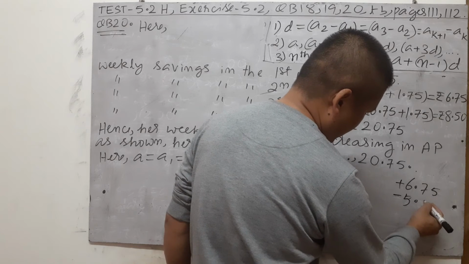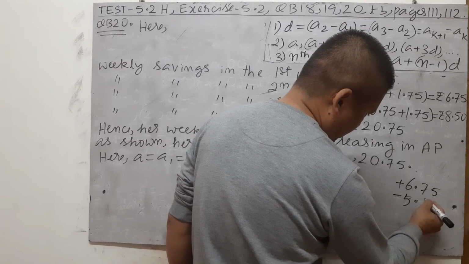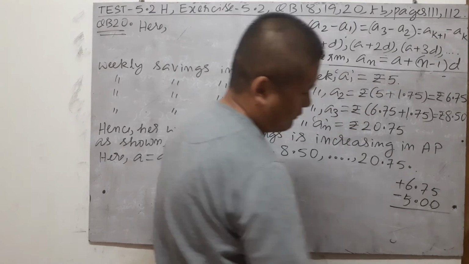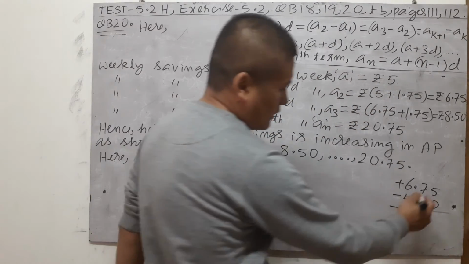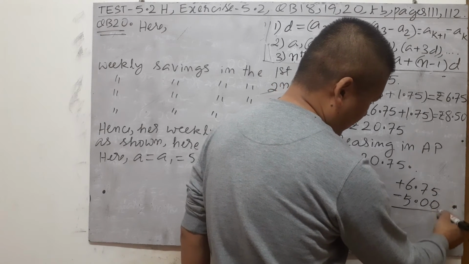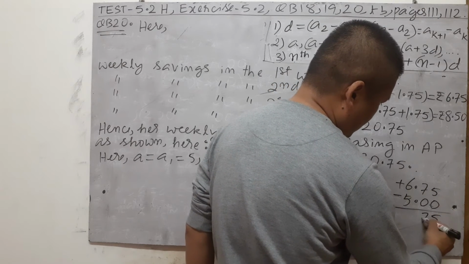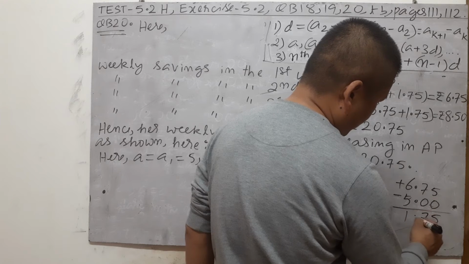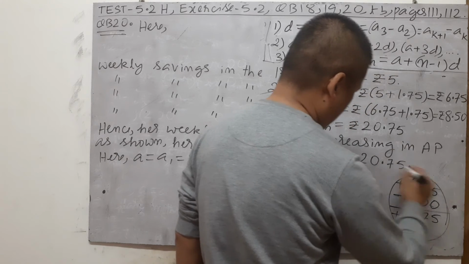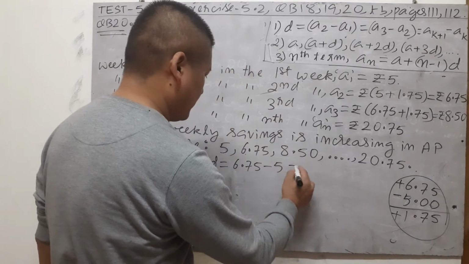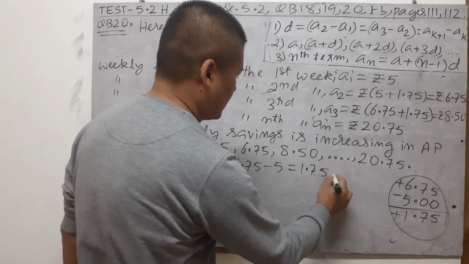The decimal should come on the same line. Wherever there are no digits, we fill them up with zeros. Plus minus means subtraction: 5 minus 0, 5; 7 minus 0, 7; 6 minus 5, 1. The bigger absolute value is plus, so here also plus. Plus 1.75 is the value of d